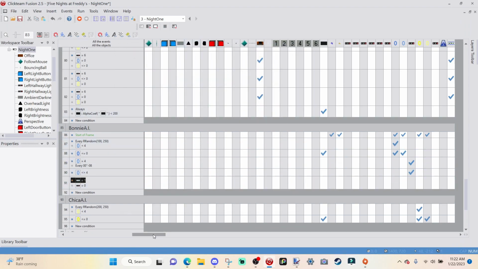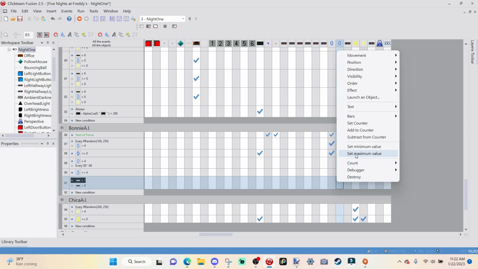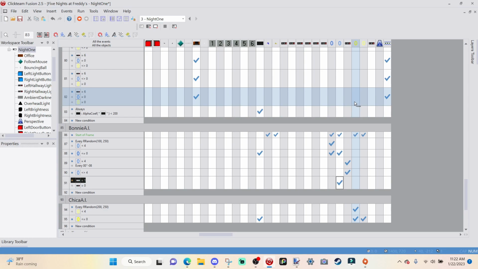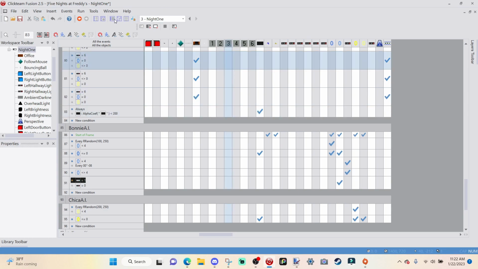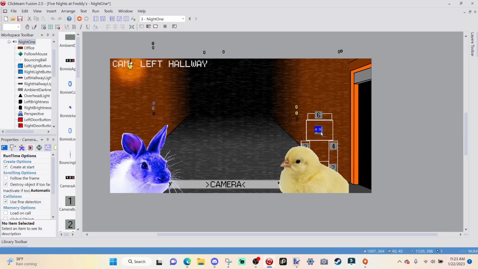Then we're just gonna go over to where it says Bonnie location, and we're going to set Bonnie to what number? 1. So 1 in my case is whenever we close the door, I'm just sending Bonnie back to camera 5